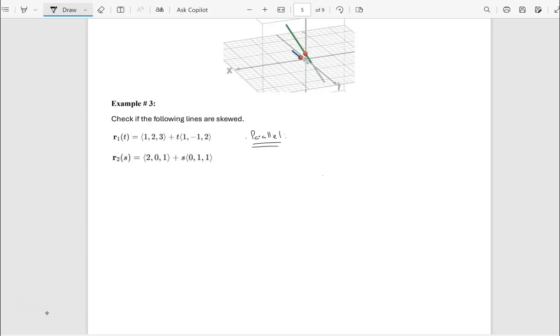So in this case, let me just say that v1, which is equal to t, is 1, -1, 2, and v2, which is equal to the vector s, is 0, 1, 1. Then we can say not parallel